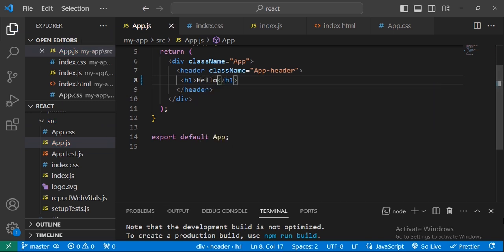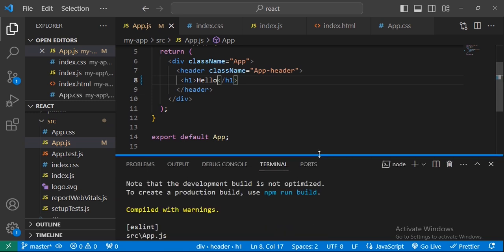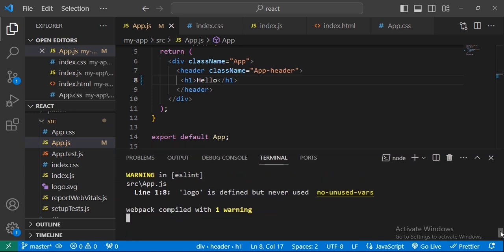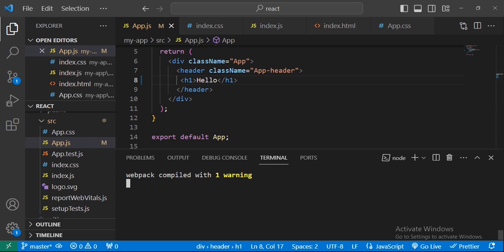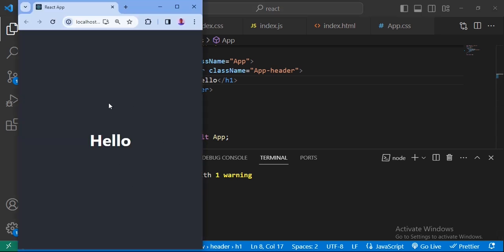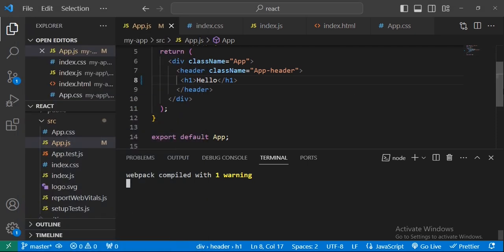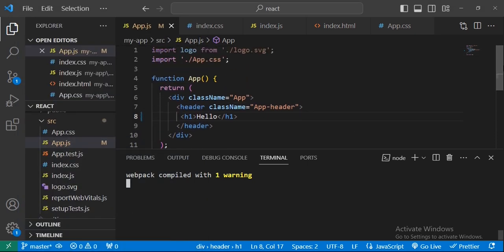Okay, when we save this, it will render in the browser. So when webpack compiles, let's go to the browser. You will see the hello that we have. Okay, now what we will do next is import useEffect and useState, which will